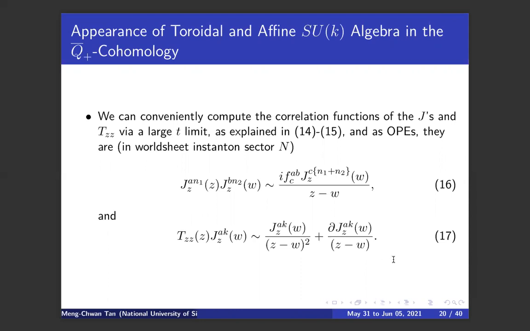So you see very similar forms of the affine algebra, but this is a toroidal one because you have essentially one extra index here. In the usual case of affine algebra, you just have the Lie algebra index and then the Z. This is the current. We haven't expanded out into the Lorentz modes yet. So this is the current.